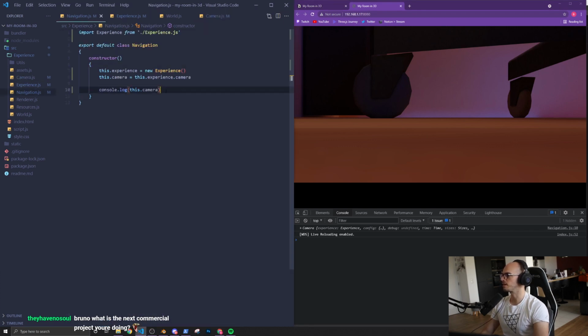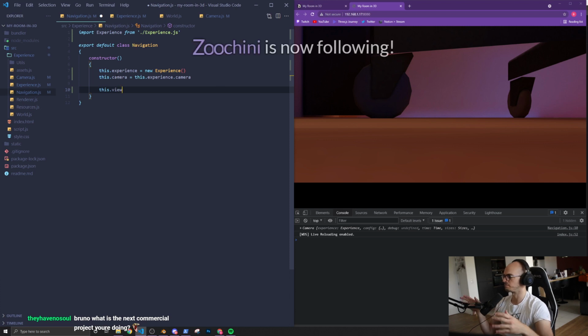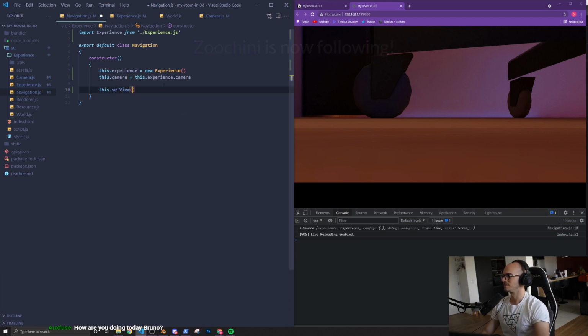So now what we can do is create some navigation, and this is about the view. I like to call that the view. The view is different from the camera. The view is about positioning the view and not really the camera. This way you can have different names and have all your camera stuff in one class and all your view stuff in another one. So set view,